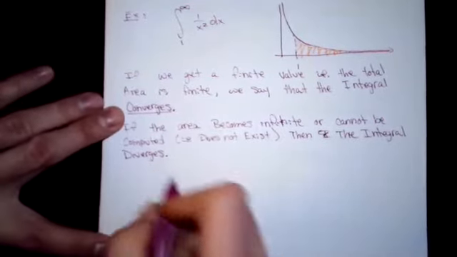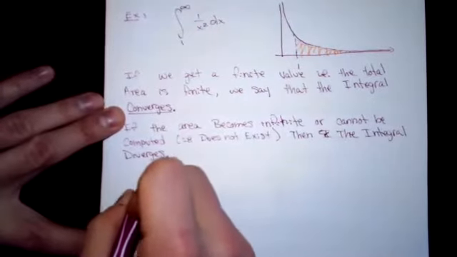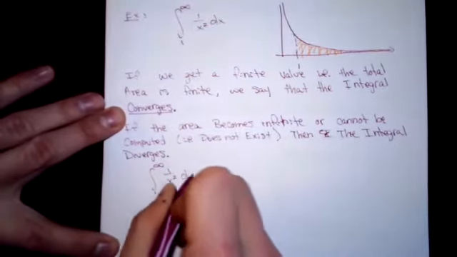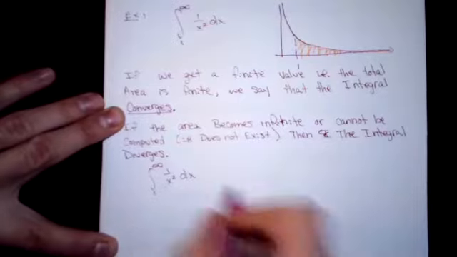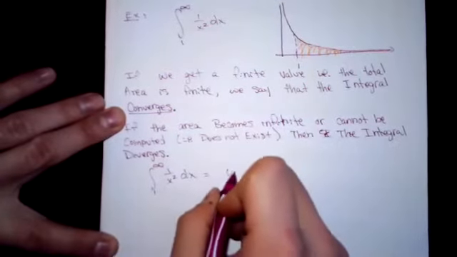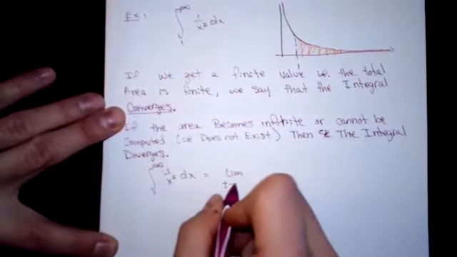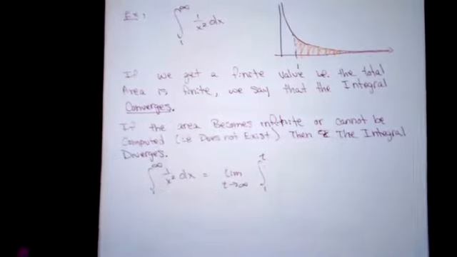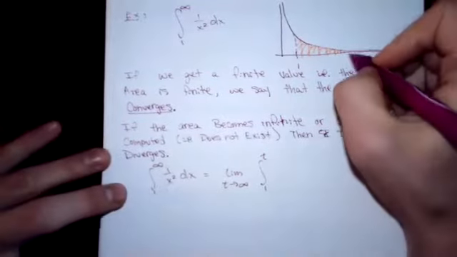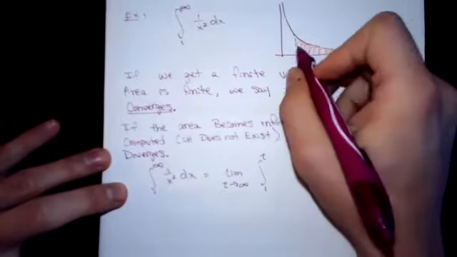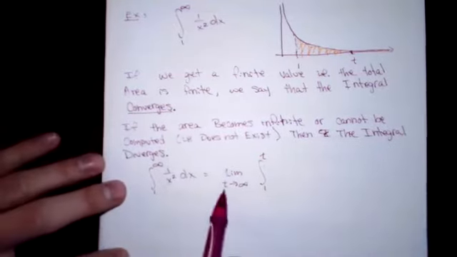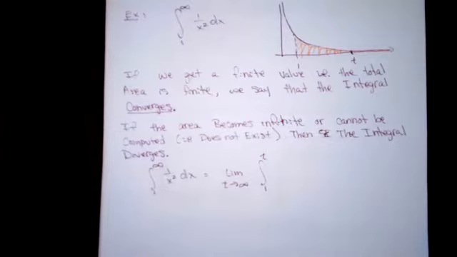So let's take a look. How do we approach these? Approaching these isn't too bad. There's really not much more we have to do. We know all the fancy techniques of integration. What we want to do is just put in a dummy value for that infinity. Let's just integrate up to some finite value t. So really all we're doing is saying, let's pick some value t, let's integrate up to that, and then let's take the limit as I extend t out to infinity and see if it converges or diverges, to see if we get a finite value or not.